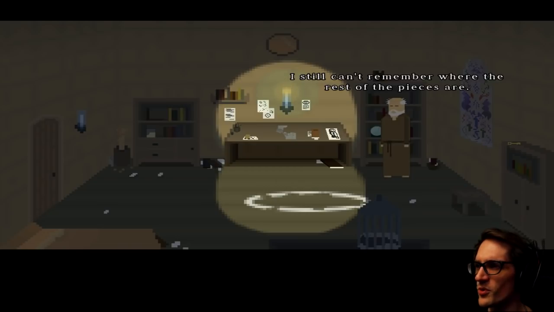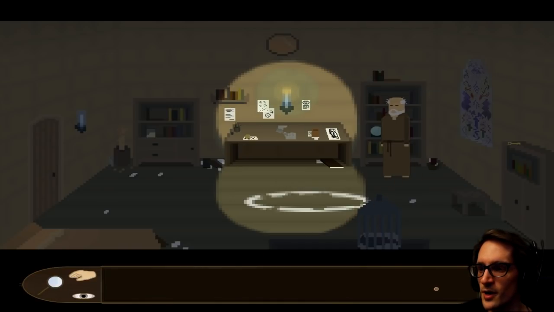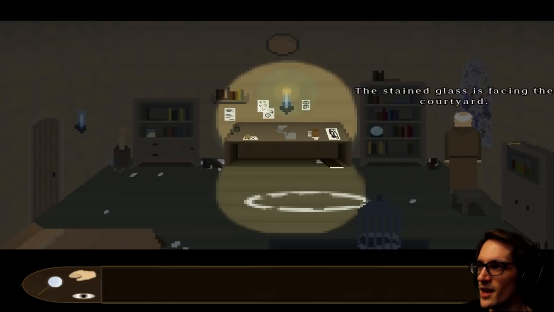I still can't remember where the rest of the pieces are. This guy lives in a messy room. Our inventory looks a little different. I don't need that key at all. Really? You say you're not leaving it? Wait, what do you mean not leaving? The stained glass is facing...